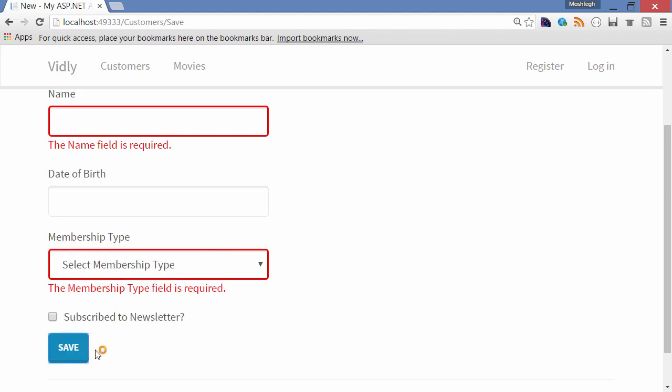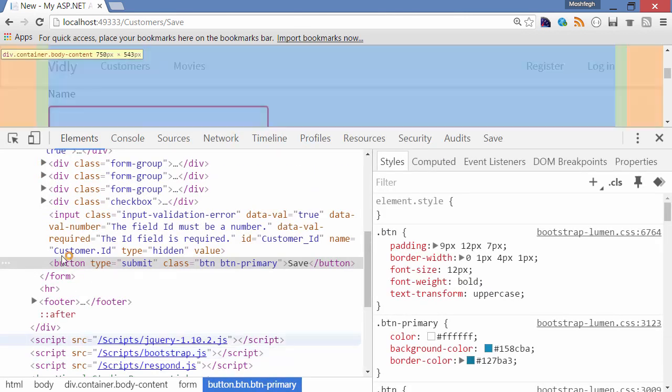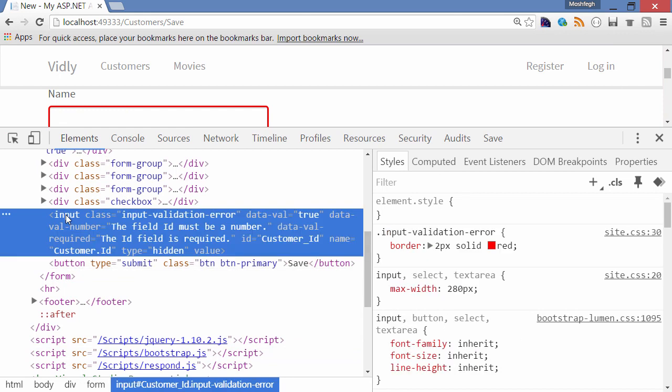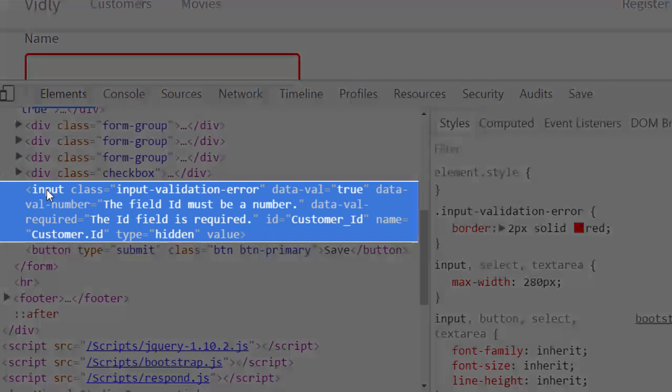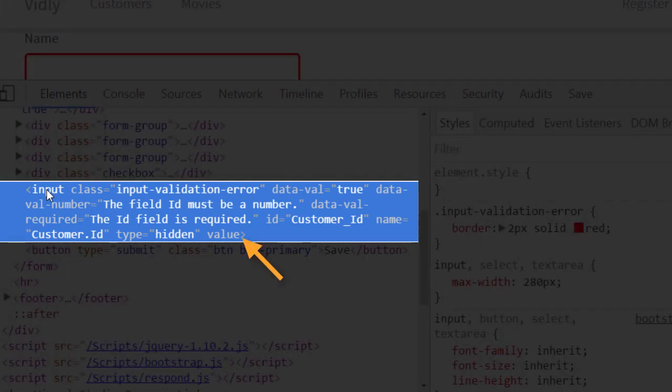So let's inspect this button. I put a hidden field just above this button. This hidden field is for our customer ID. Now look at the value. We don't have a value. So when this form is posted, the value of customer ID will be an empty string. An MVC framework doesn't know how to translate an empty string to an integer, which is the type of customer